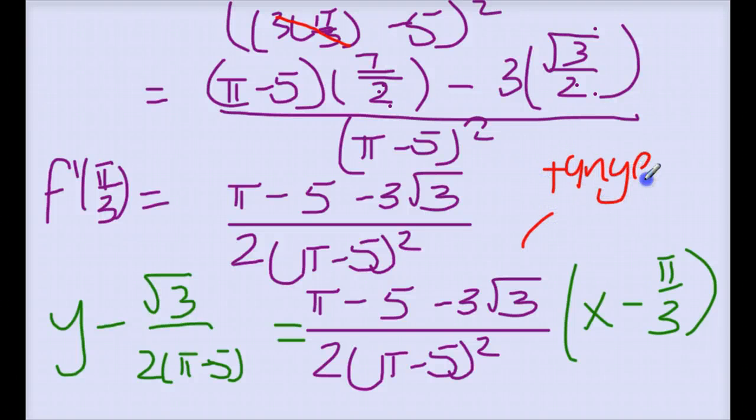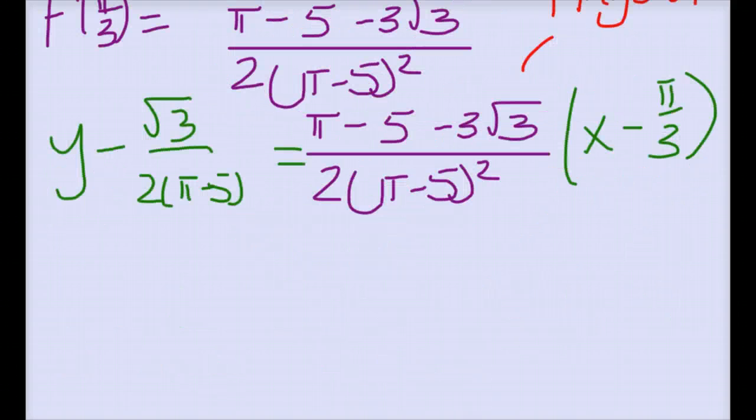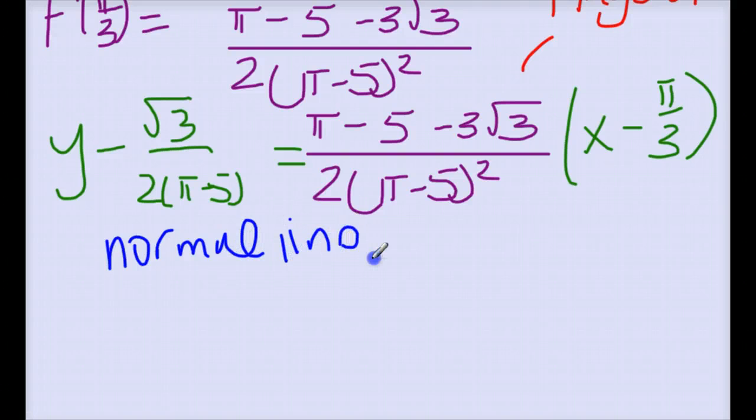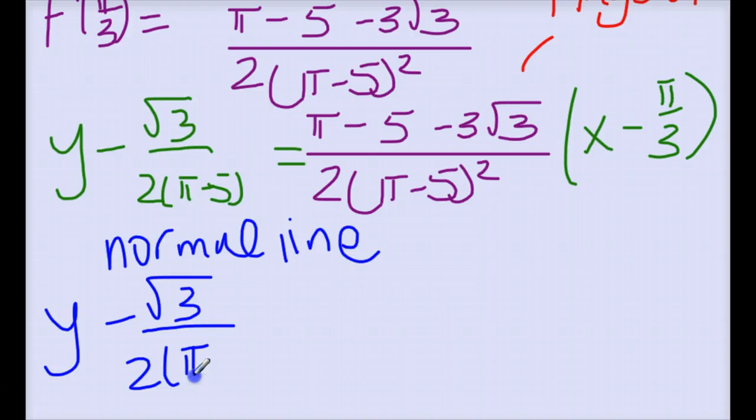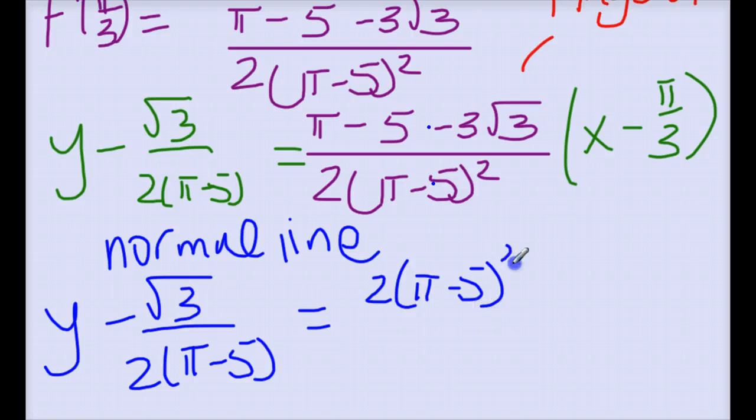My directions also ask for a normal line. So just to recall, the normal line is, and I'll write it right here. The normal line is still using point slope form, and so I'm going to continue to use the slope, the points that we have. But since I'm perpendicular to this line, I need to take the negative reciprocal. So what I'll do is I'm going to take the reciprocal of this, which is 2 times pi minus 5 squared